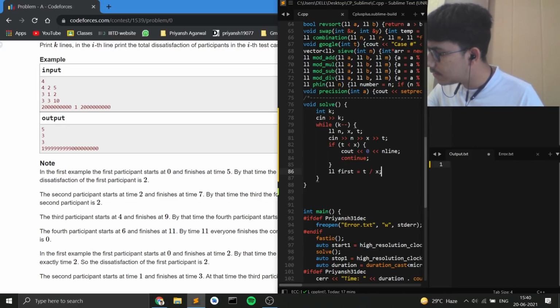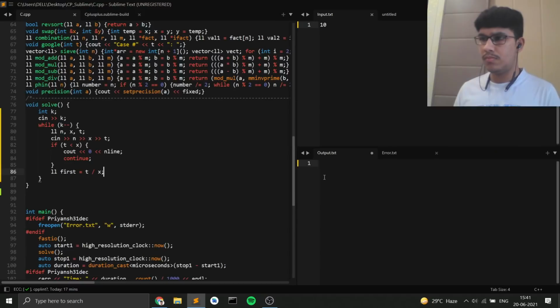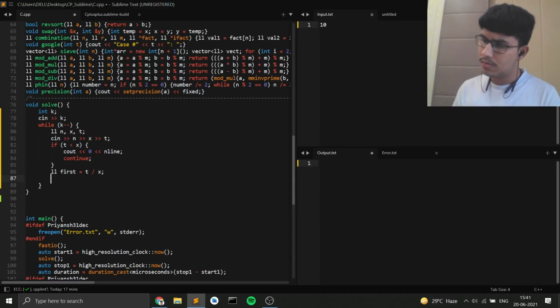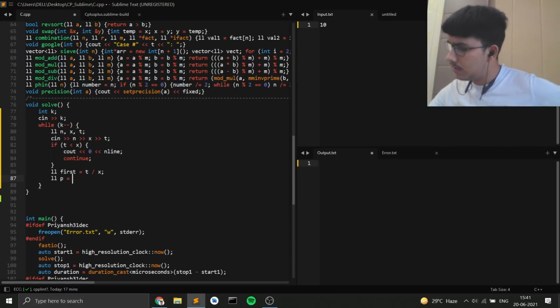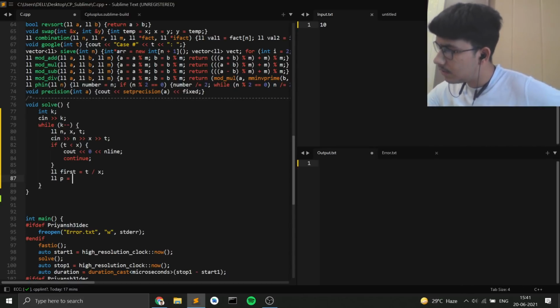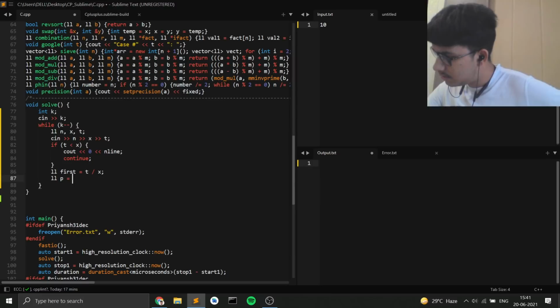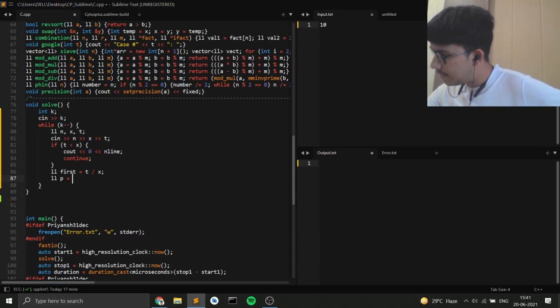So this is like T by X, T by X. So for the first one, if the number of participants is less than T by X, then all of them will be starting, right? So I have n minus 1, n minus 2, n minus 3, and so on. Whenever I get T by X,